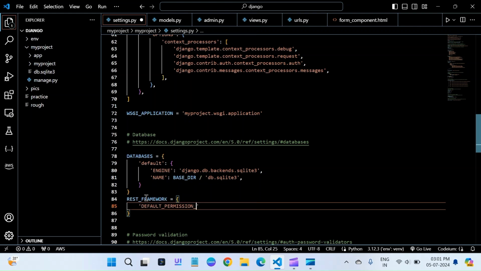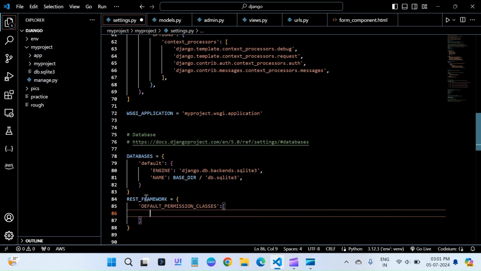After the single quotes, a colon, and we take an array of things, and here we include rest_framework. Sorry, it should be small, not capital. So rest_framework dot